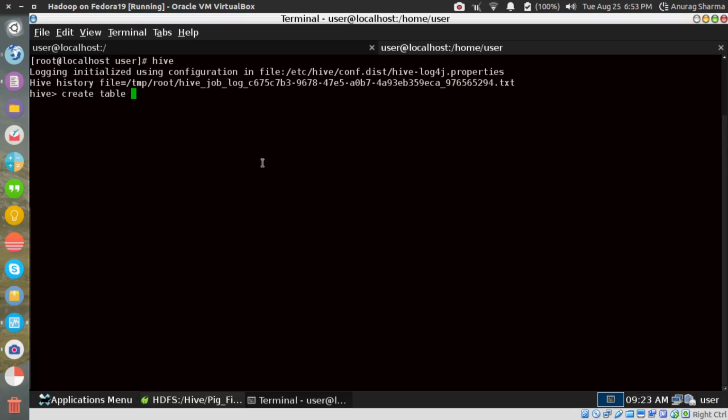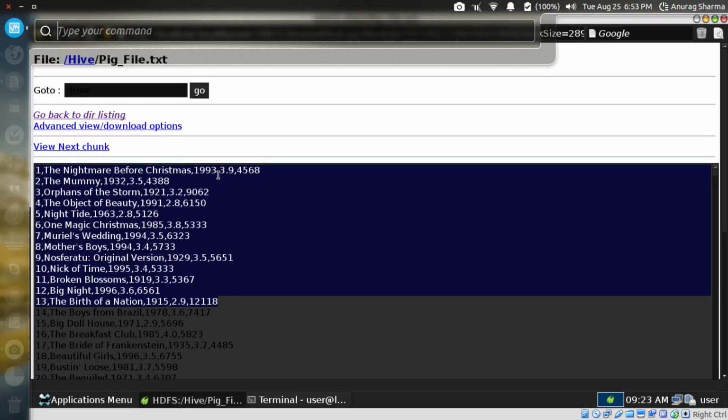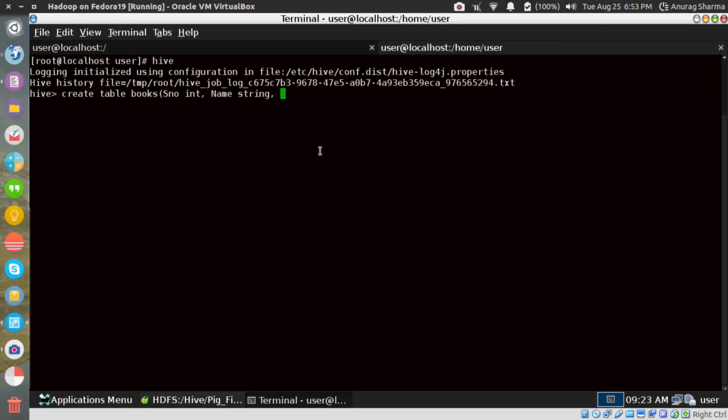Create table books with a schema. So what is the schema? Serial number, which is an int, comma, name is a string. Third one is the year, then rating, and ID, which is again an integer.